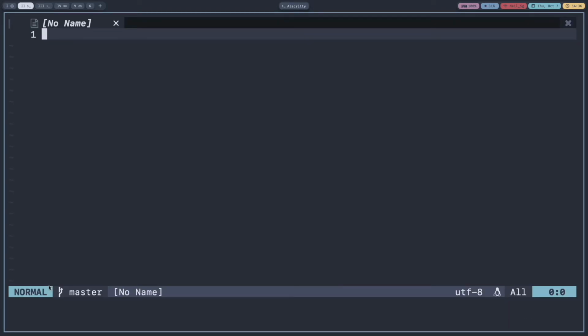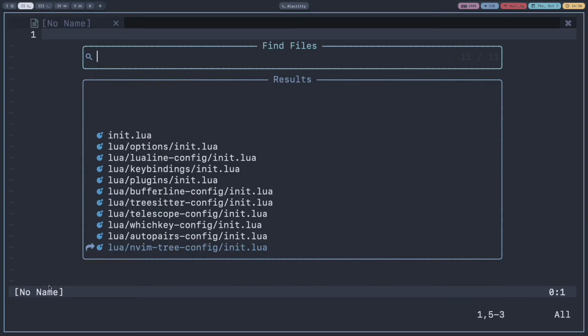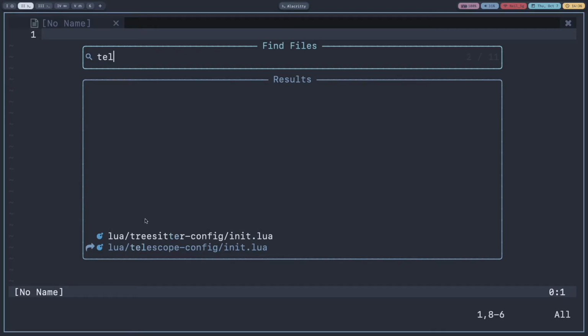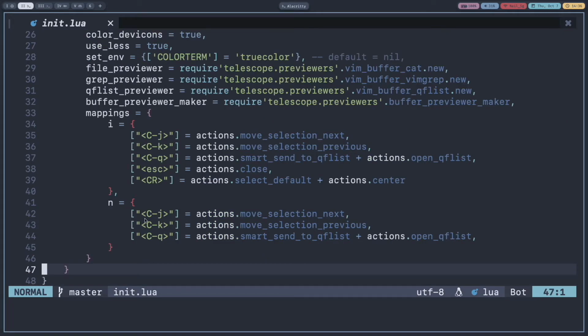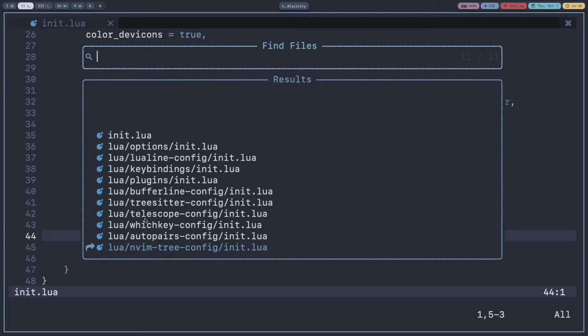If I do space and F, it opens telescope find files, and for example if I want to go to telescope config, I'll type TEL and enter. Now I'll show you what these mappings do. If I do space F and press Ctrl K, it will select the top file, and Ctrl J will go to the bottom.